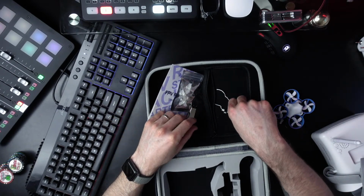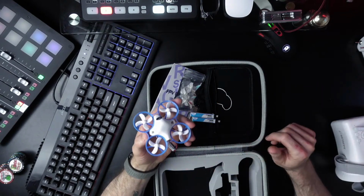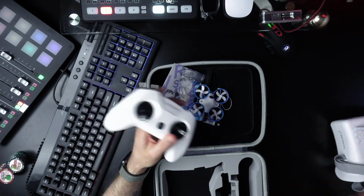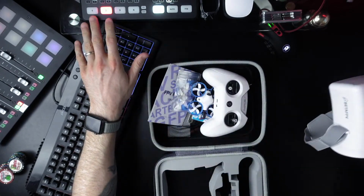And then you get 2 batteries, and these are the batteries for the drone itself. Obviously, you get the drone. You're going to get a remote control, and you even get these goggles. Now, in the small amount of research that I've done on FPV drones and FPV drone kits, to get all of this for less than $150 is a really good deal, and there's a good reason why, and we'll talk about that. For example,